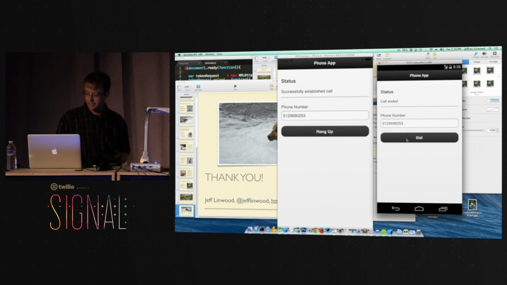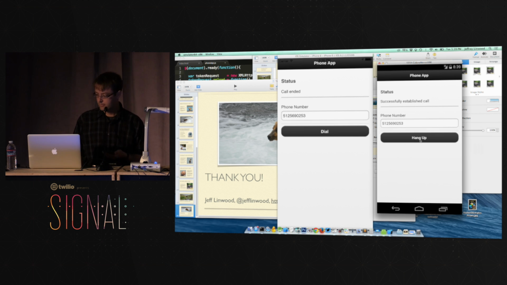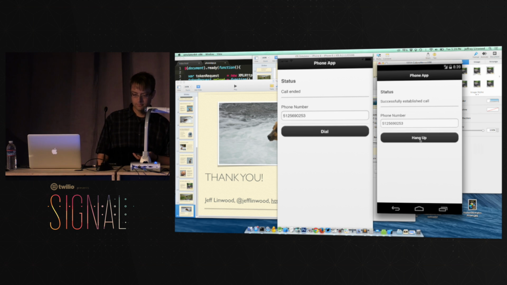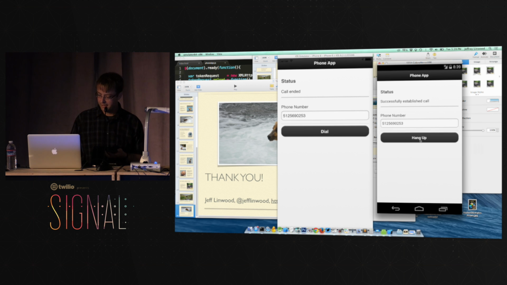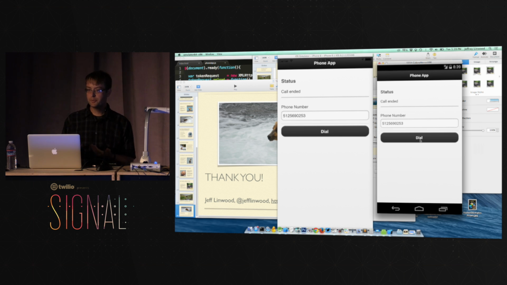And we can do the same exact thing on the Android app as well. Okay, and I just called myself again, which is kind of cool. I'll hang up here. So these are just really simple Twilio Client applications, but you'll find that when you integrate Twilio Client, whether into a web application or a mobile application,